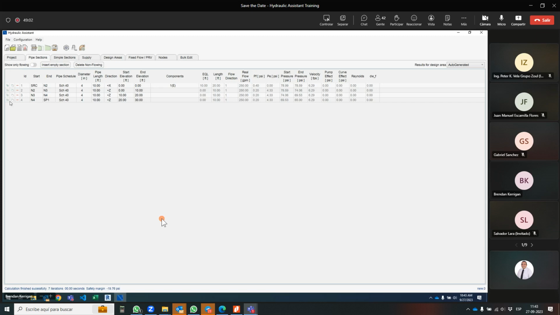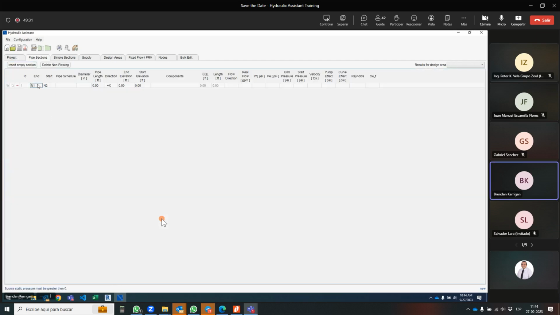What is the difference between the two? There's copy row and duplicate row. What is the difference? Because I saw that depending on the selection, the node could change the names by themselves, and I got confused when I did it. Yeah, understandable. So the difference between them, if I just do a little new project here, insert pipe section,